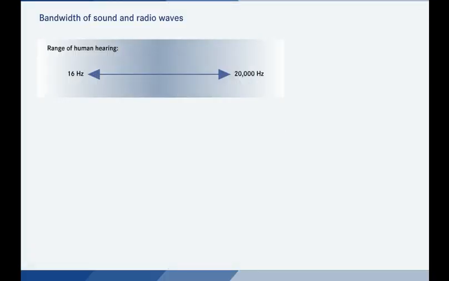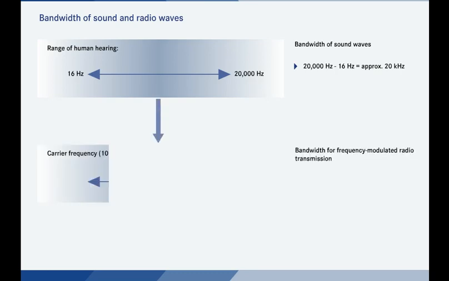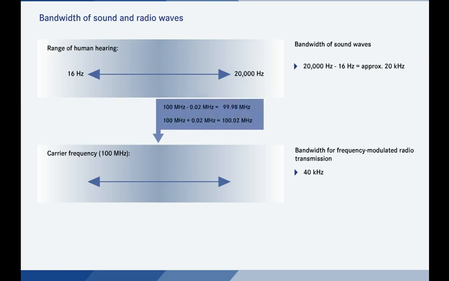The human sense of hearing, for example, can perceive sound in the range from 16 Hz to 20 kHz. Audible sound oscillations can therefore have a bandwidth of approximately 20 kHz. If these oscillations are frequency modulated on a carrier frequency of 100 MHz, the carrier wave requires a total bandwidth of 40 kHz for full transmission, as both difference and added frequencies are generated at the same time through the modulation. The carrier wave then oscillates in the frequency range of 99.98 to 100.02